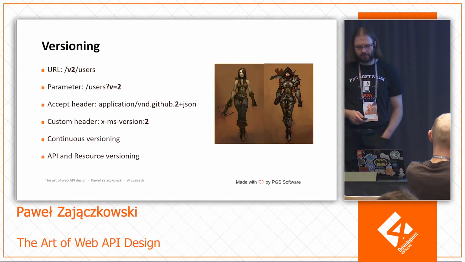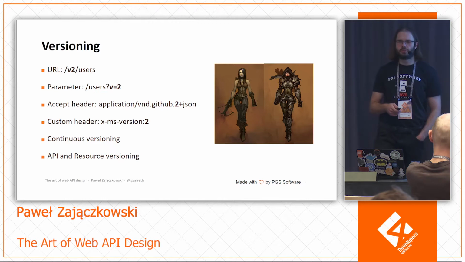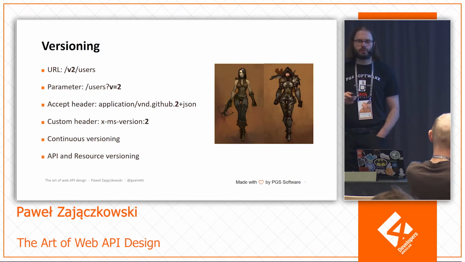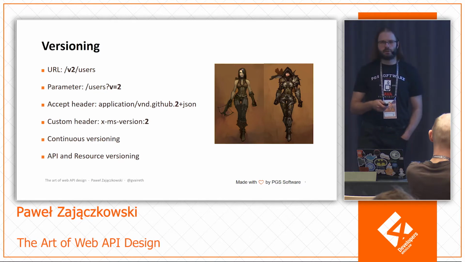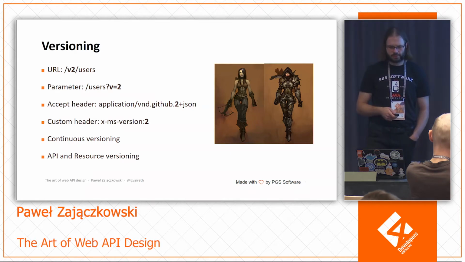Or we can just drop versioning altogether. There's the dating website Badoo that does that. Basically, the client negotiates the features, for example, the list of fields in an object that the client expects. And then if an older version of the API has, say, a boolean true/false, but the newer version has an enum with 3 values, the client just says which version he wants and he gets it.